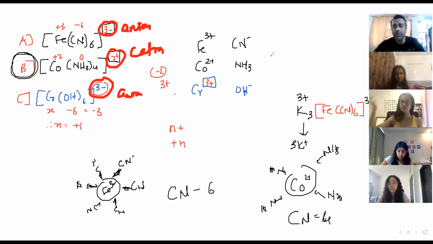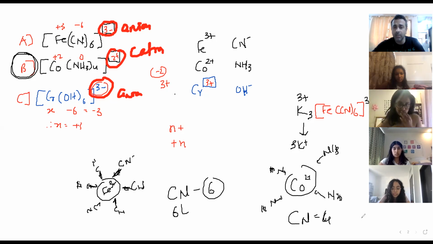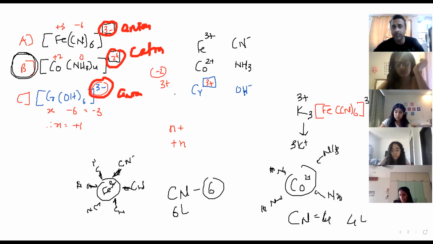But remember that coordination number does not have to be equal to the number of ligands. Over here, you can see that there are 6 ligands, coordination number 6. Here the number of ligands is 4, coordination number also 4. But this does not have to be, because there are certain ligands where one ligand can have 2 or 4 or even 6 coordinate bonds. One ligand can have more than one coordinate bond. In that case, the number of ligands will be lesser and the number of coordinate bonds will be more.